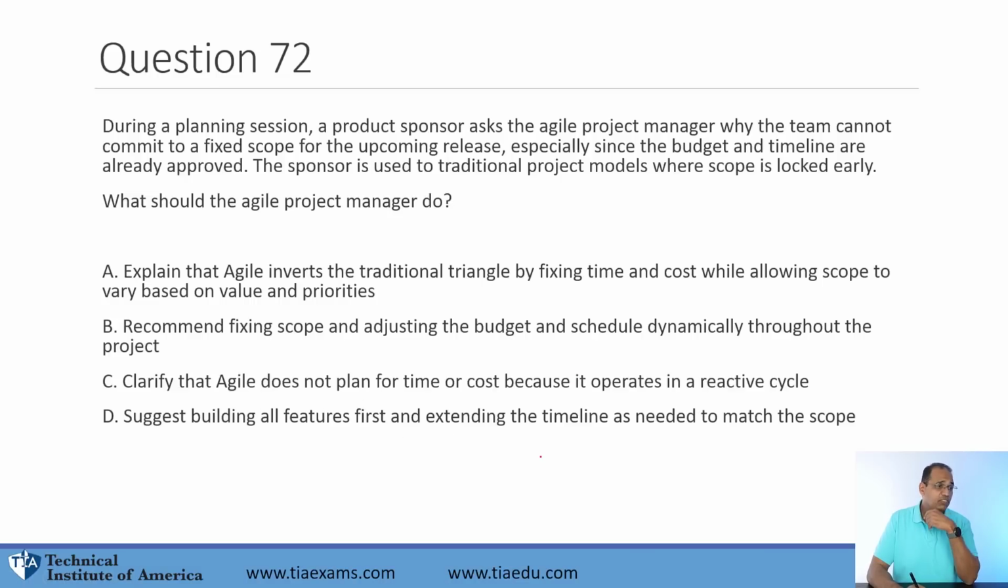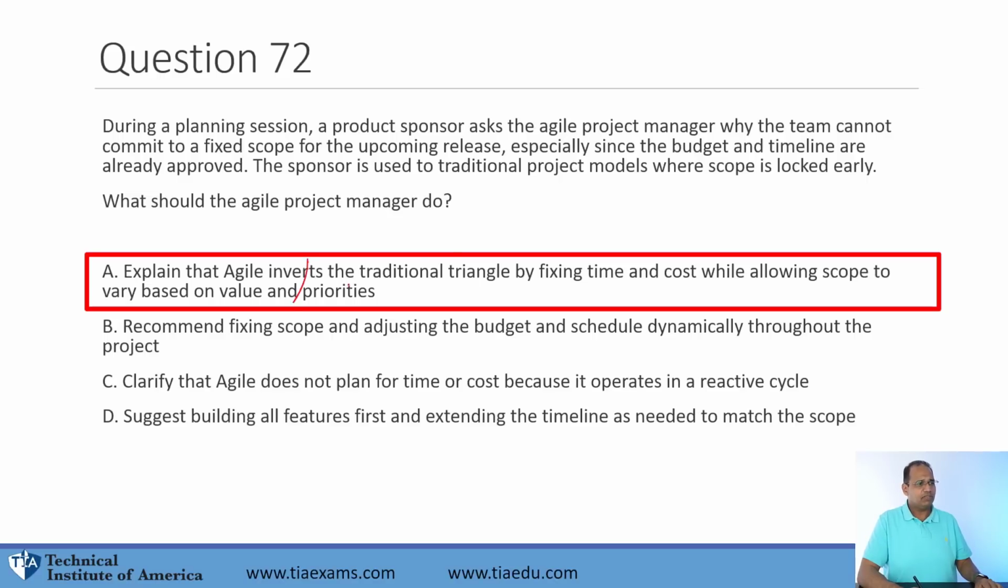Suggest building all features first and extending the timeline as much as needed. Now, you just got to understand that Agile is about inverting the triangle. In the traditional triangle, you have scope, then you have a varying time and cost. In the Agile triangle, we invert the triangle and try to keep a fixed time and cost and we vary the scope. That's why we have a product backlog that can be updated and features can be added and removed, making A